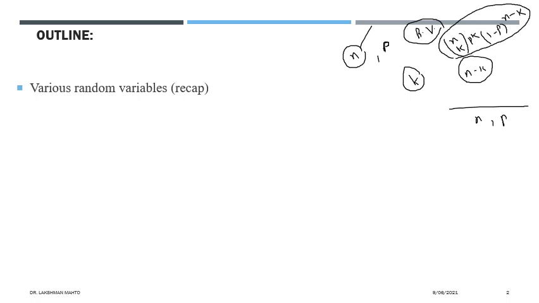What kind of problem will come? When you are counting the number of buses passing through one bus stop in a given interval, you will definitely face problems when you try to model that with binomial. So you have to go with the Poisson distribution. That I will discuss. In short, I would like to approximate the binomial distribution with the help of the Poisson distribution. Next I will talk about functions of a discrete random variable, or simply function of a random variable.